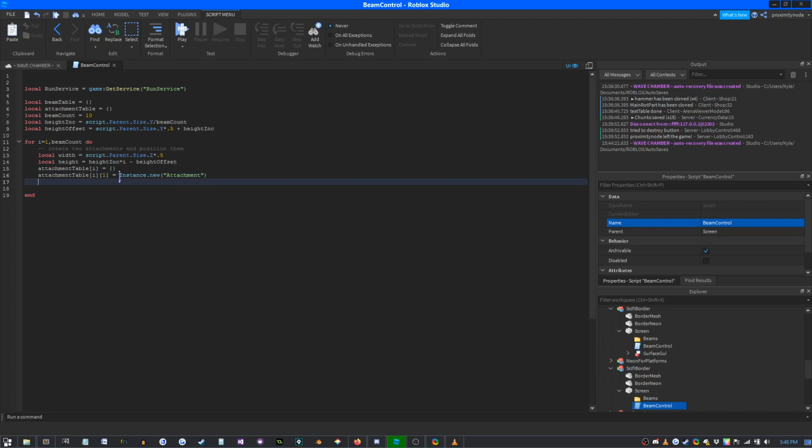And then we're going to be setting a couple of values there. So first we're going to be setting the position. I should just do position first. Okay, so the position is going to be Vector3.new, because that's what position is, and we'll do the height and the width,